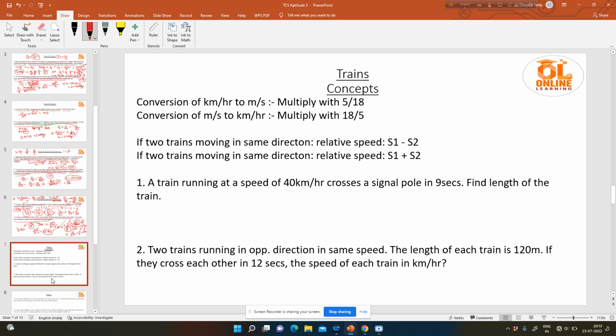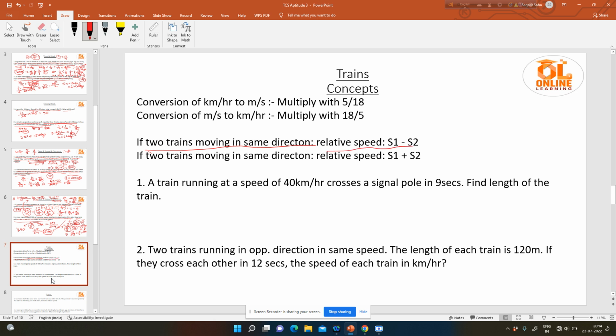And if you apply this concept, your question will be done in a fast way or in less time. Now, in time, speed and distance, we also have train questions. That is very, very important. In trains, again, just two things: conversion of kilometer per hour to meter per second, we know, multiply with 5 by 18, and conversion of meter per second to kilometer per hour, we multiply with 18 by 5. And one more thing you have to know: